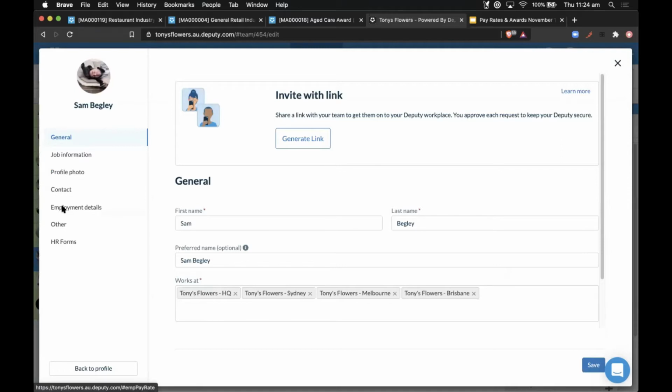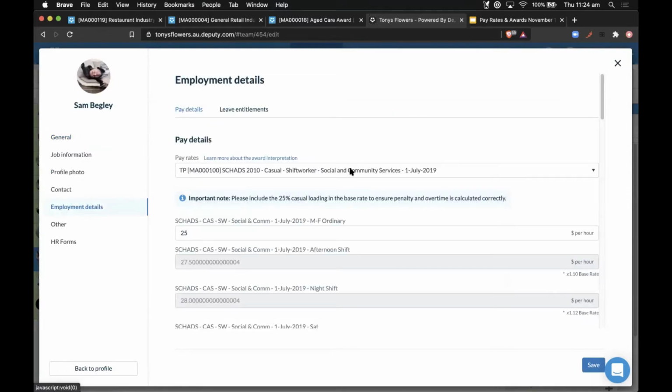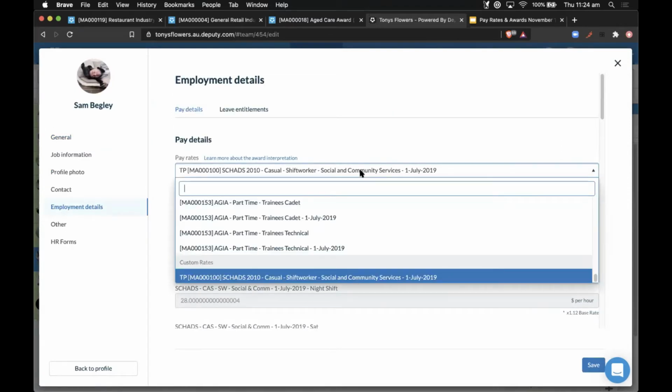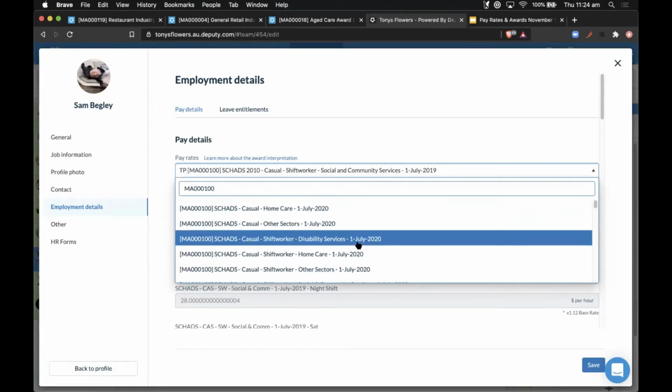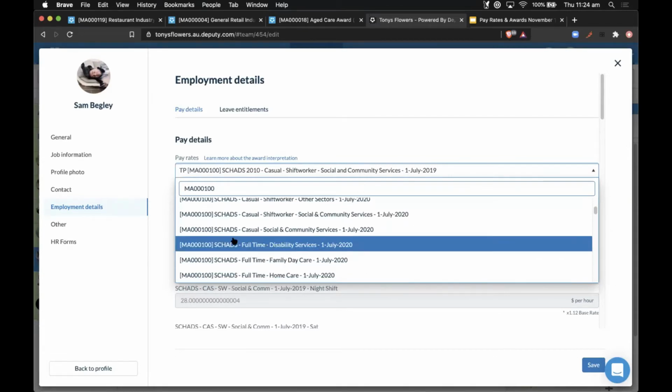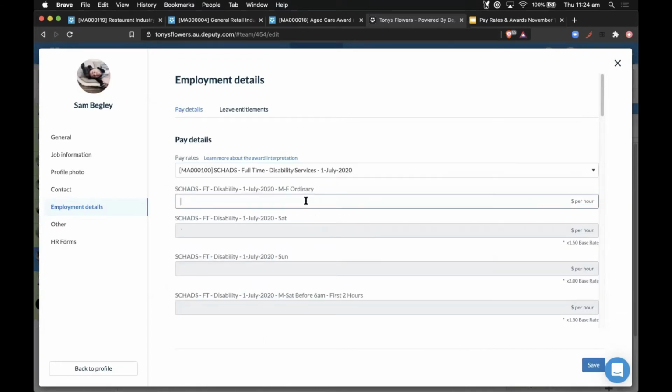I can go to the employment details. And then from here, we can have a look at MA0000100, and it will show me all the SHADS. And we can select just this one here, the full-time disability services. We re-put in the values. We hit save.